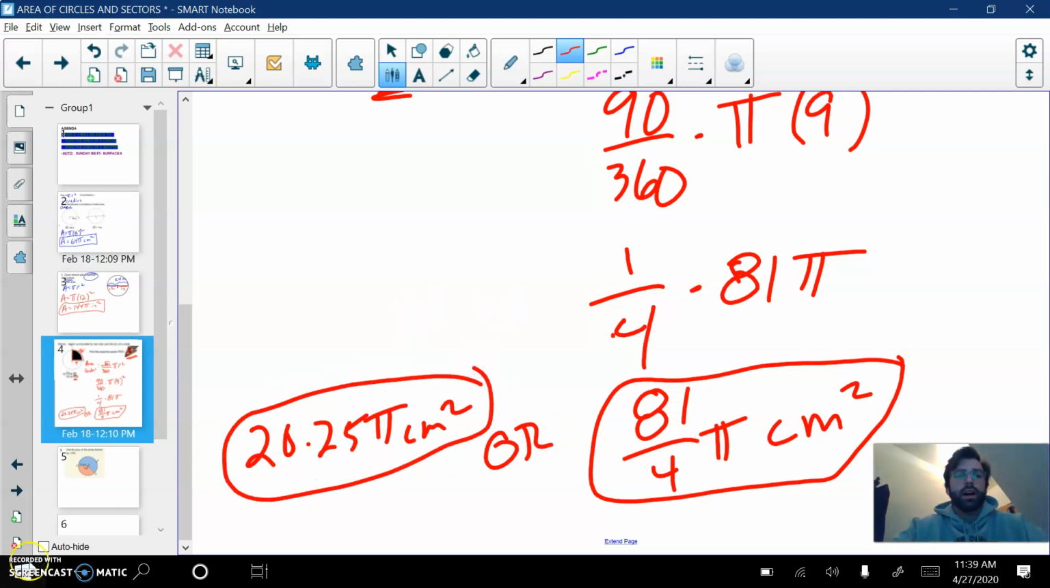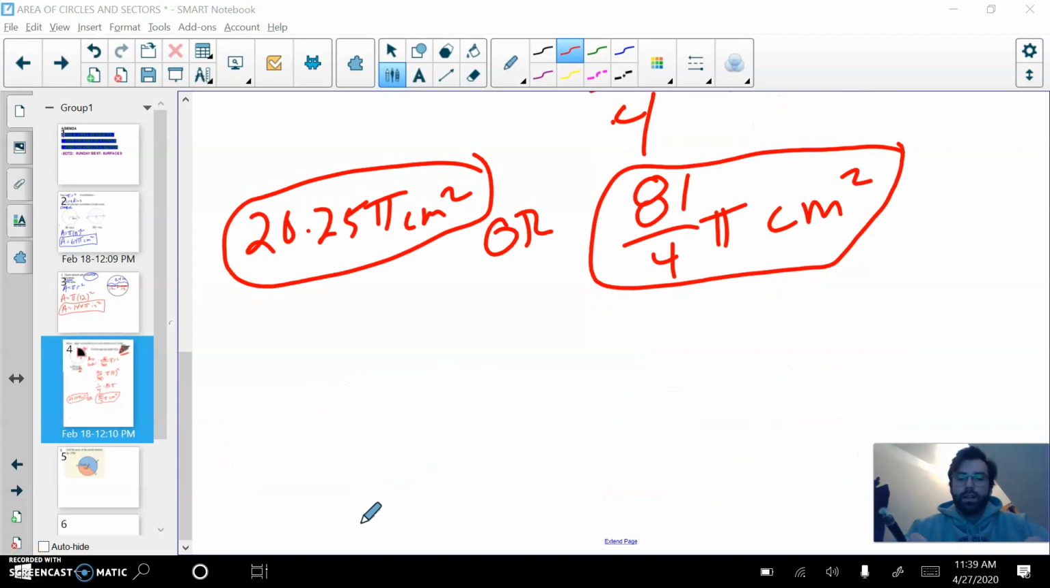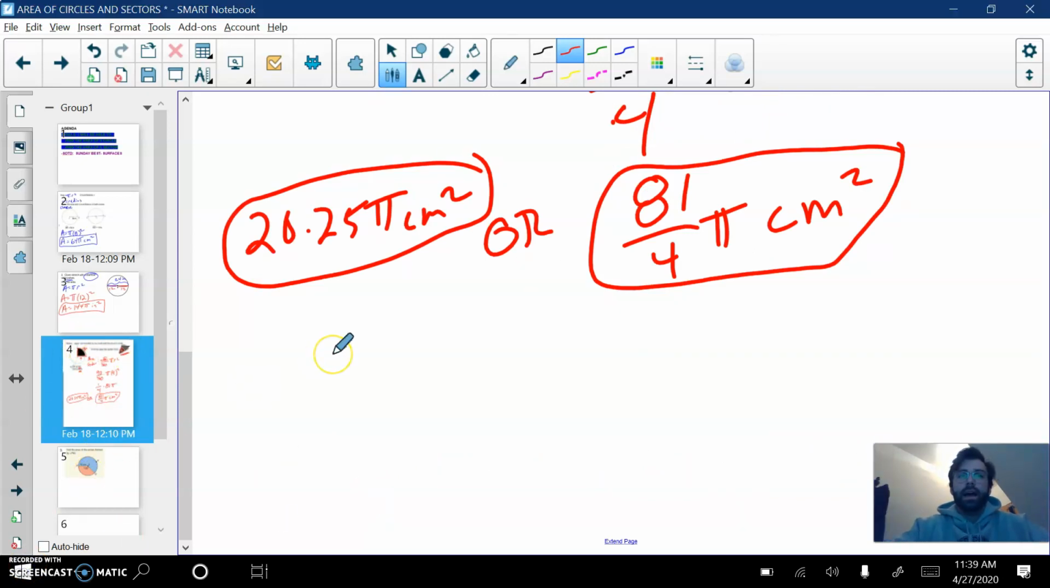Now the book, for your practice, I think the book leaves exact. I'm just going to double check right now. Hold on. All right, so the book doesn't use exact. They multiply the pi out. On an assessment for us, I won't have you multiply the pi, but if I were to multiply the pi out, I would get